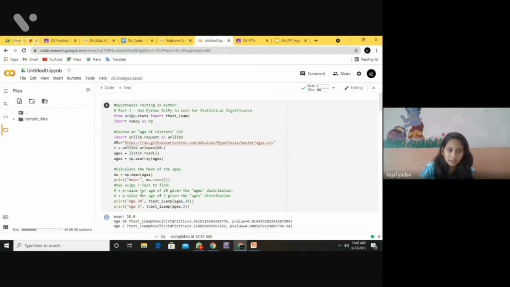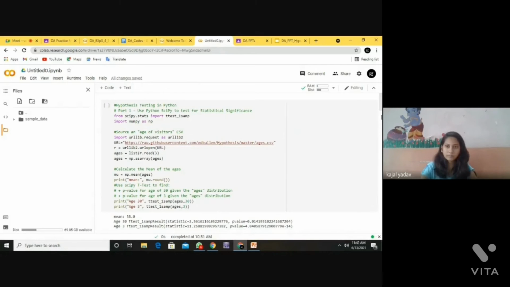We are using the t-test to find the p-value for the age of 30 given the age distribution, and the p-value for the age 3 given the age distribution. So we print the age 30 and the age 3.